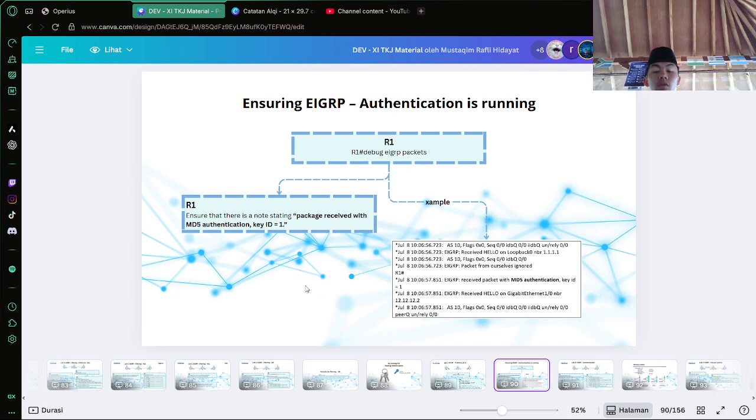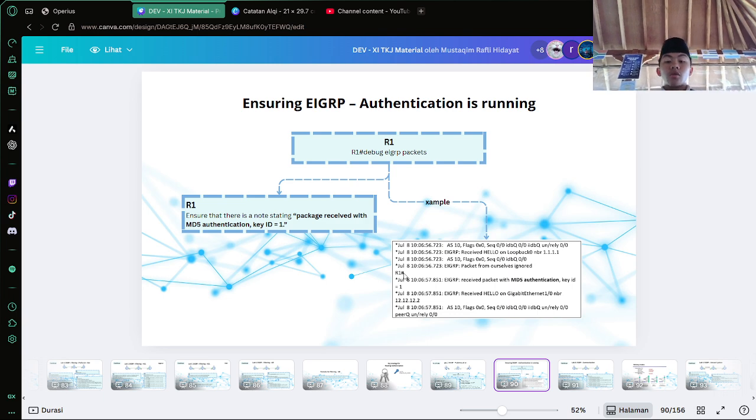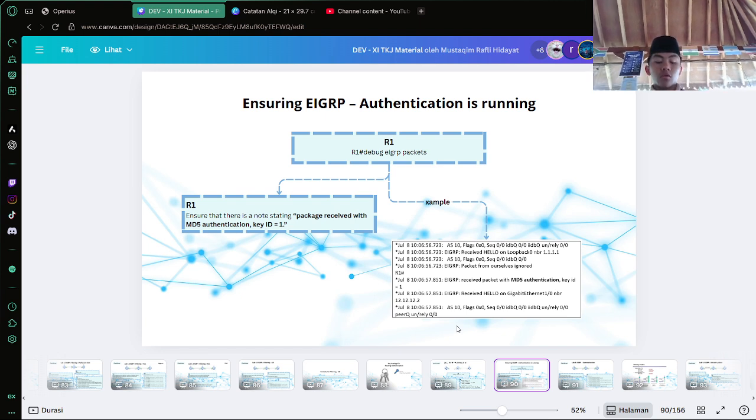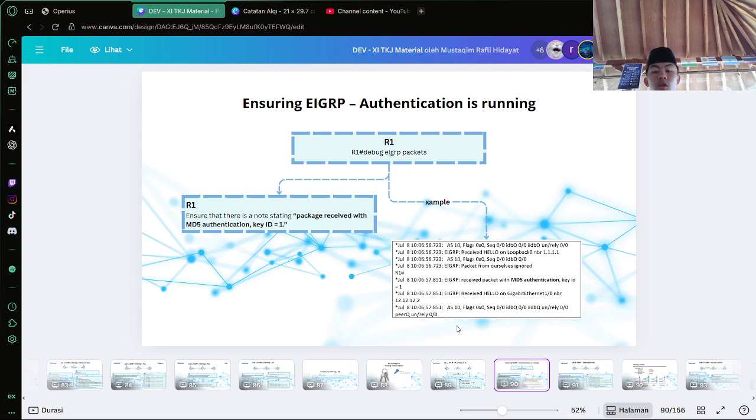For verification, you can use the debug eigrp packets command to confirm the authentication is successful, which is indicated by a message like packet received with MD5 authentication.